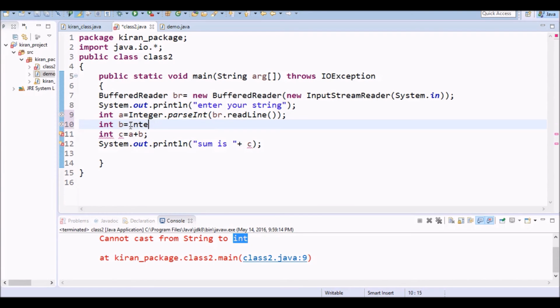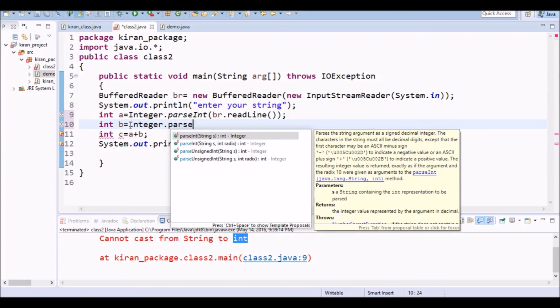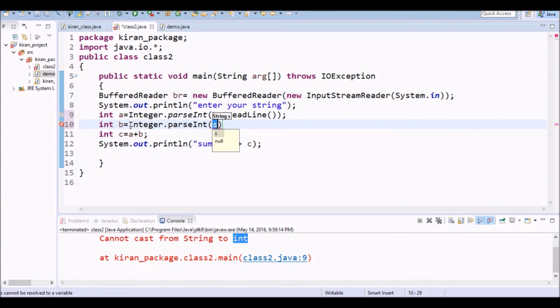Integer.parseInt. So within that we will write br.readLine. That is nothing but, within the br object, we are reading something. So that is nothing but a string. Now we want to convert this string into integer. So to convert that string, we are writing the function Integer.parseInt. Okay. Now we will execute it.